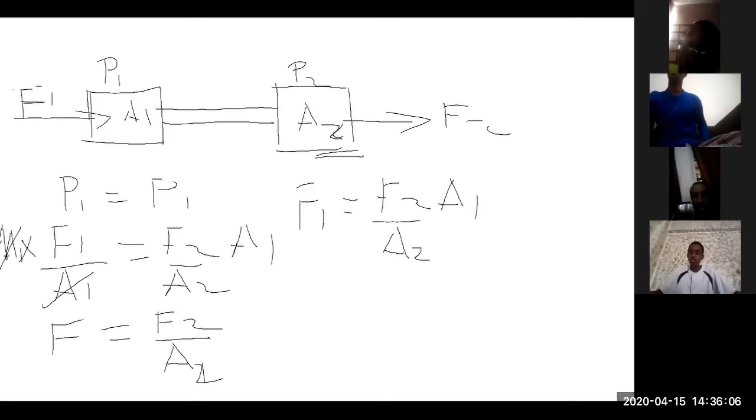Then you go to the question now. They're talking about the diameter of cylinder A in figure 3 being double that of cylinder B. So A1